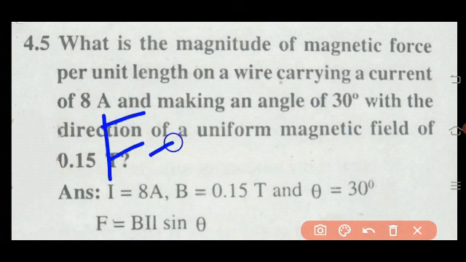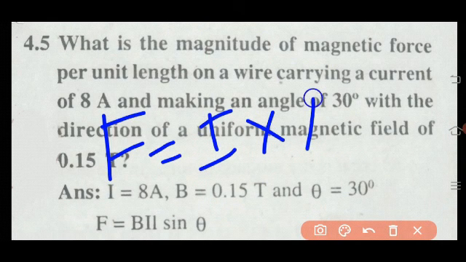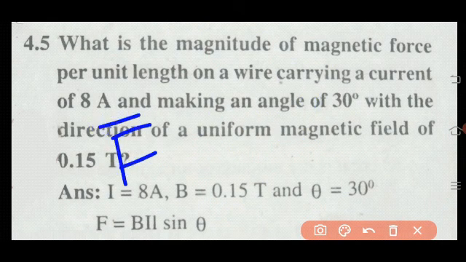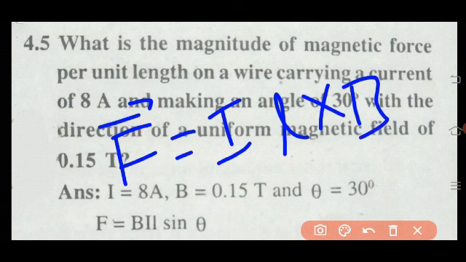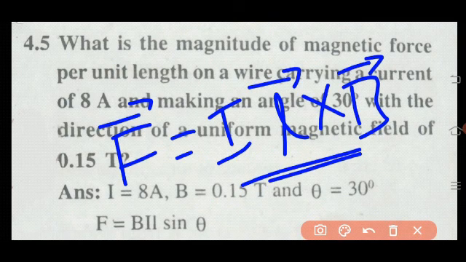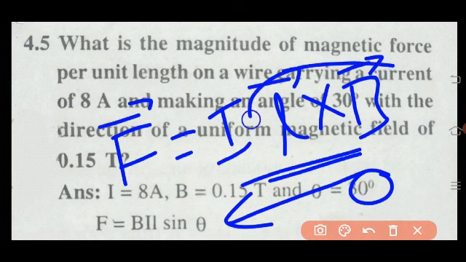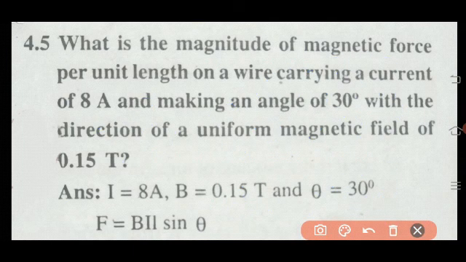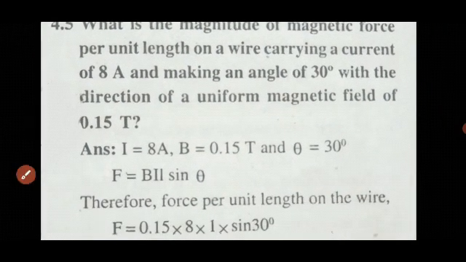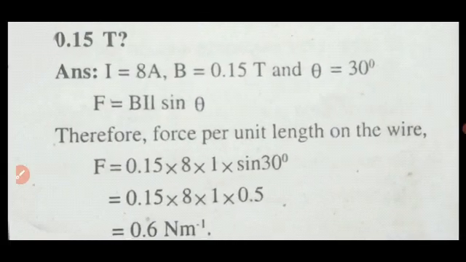So we know the equation, F equal to I into L cross B. This is the equation you have in your textbook. We can write this equation as I L B sin theta, or B I L sin theta. What is theta here? That's the angle between L and B. That is 30 degree, between L and B. Next is very simple, just substitute the given values, you will get the result.